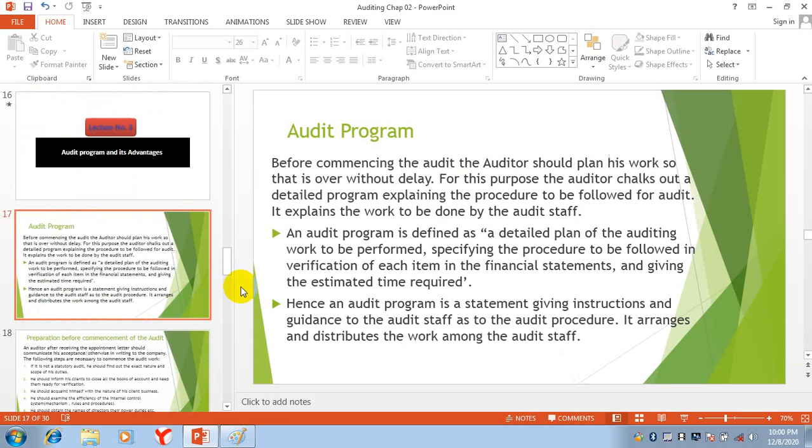First of all, what is an audit program? Simply, whenever you are going to start something, you make a plan, a program regarding that thing. So the audit program is also the same thing.